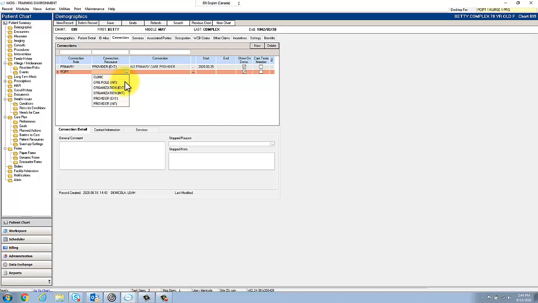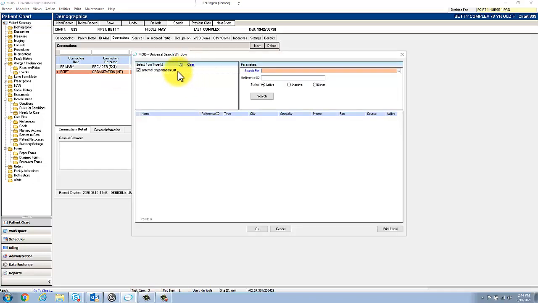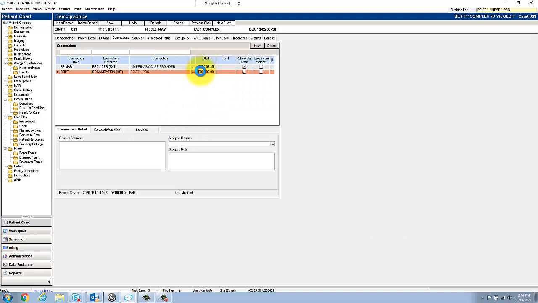So team names, you might have remembered at the very beginning when we talked about orgs and org roles. Orgs are our team names, our organization, and it's internal, of course, to MOIS, so we want to use our organization internal. That's going to give us a list of those orgs, or that team name. So I'm going to select that, and now again, instead of typing, I want to click on the ellipsis, and we want to search for our team. So if I go PCIPT 1 PRG, there's my team here,